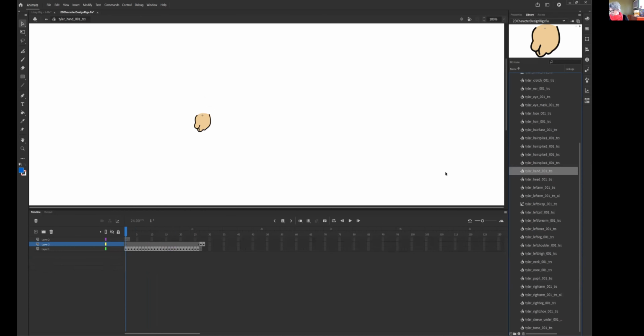So if I double click into here, this is all the hand poses. So you might only need like 2 or 3. You might not need all of them like the way that Tyler has. So you just go down the timeline and you make a new frame for each drawing that you would need for your hands. So when you're drawing your stuff like over here and then moving it over top, that's perfect the way that you're doing that. It's just that you'll need to set it up in this way that they move down the timeline like that. Alright. Okay. All right, let's go back to yours